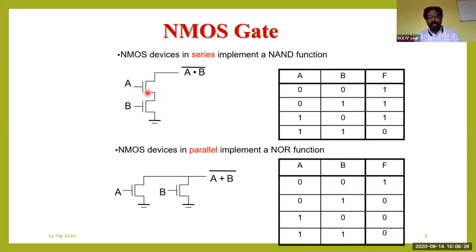Here both the NMOS have been connected, where the source of the second NMOS is connected to the ground, and the drain of the first NMOS is connected to the output, V out. Now for the two gates of this NMOS, A and B, we'll be supplying the logics 0 and 1. As per this truth table, if you supply 0 and 0, what happens here?